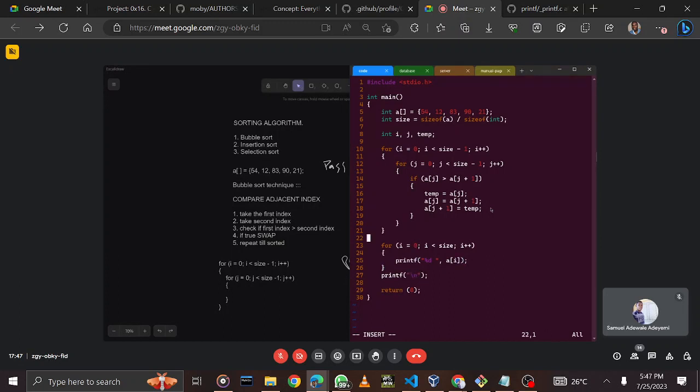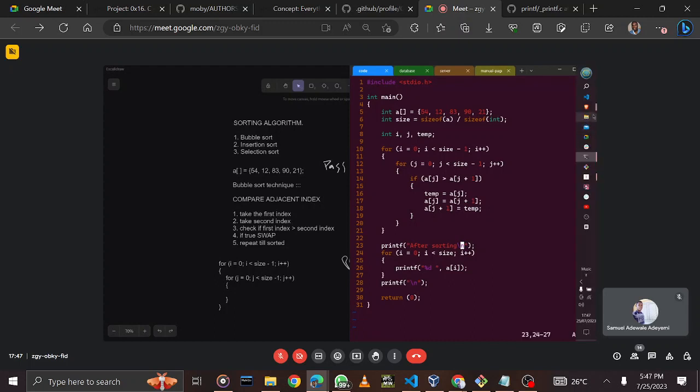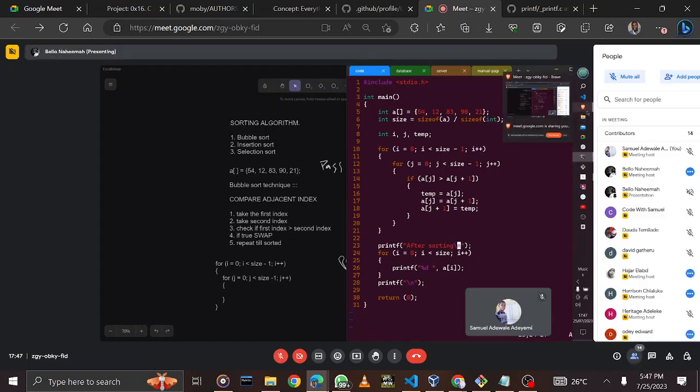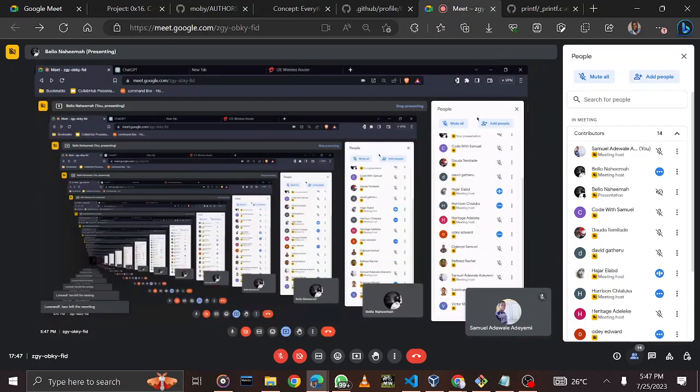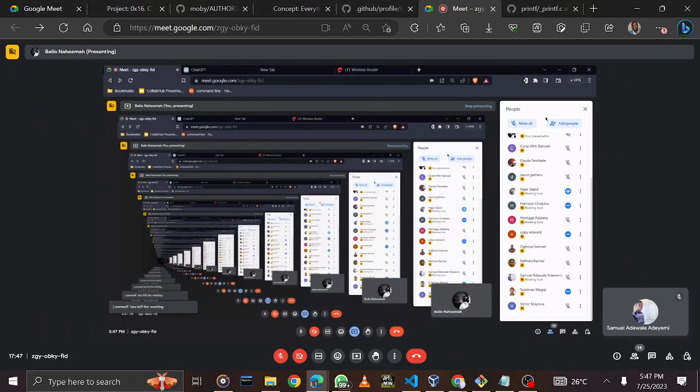So before we are printing here, we want to print "after sorting", new line. So let me just put it on the screen. It's lagging, but it's okay. Now we don't have to add a variable swap to see if we swap or not